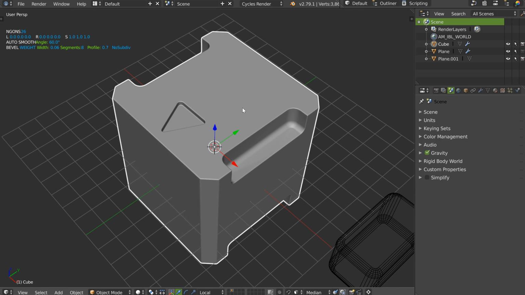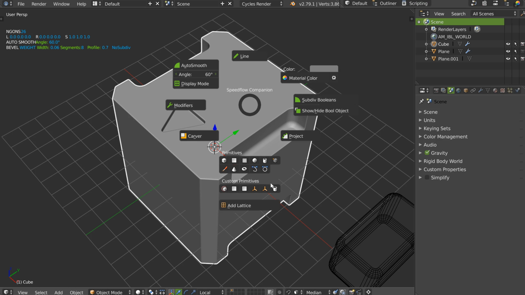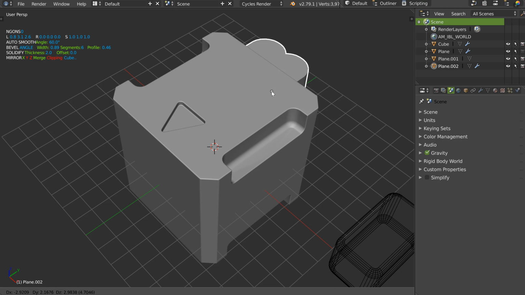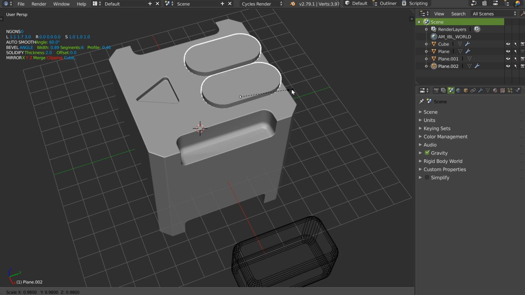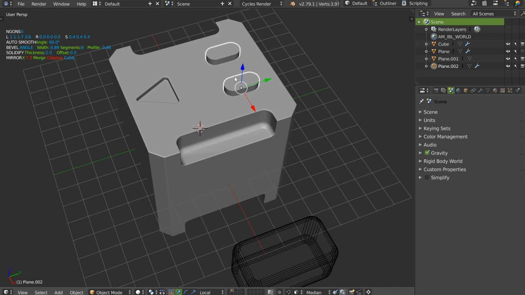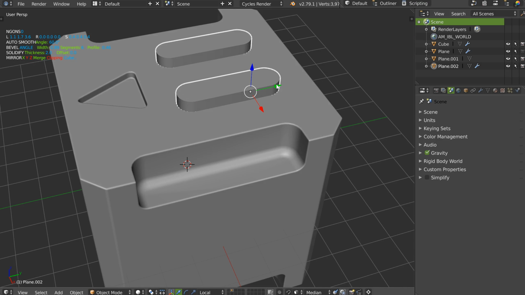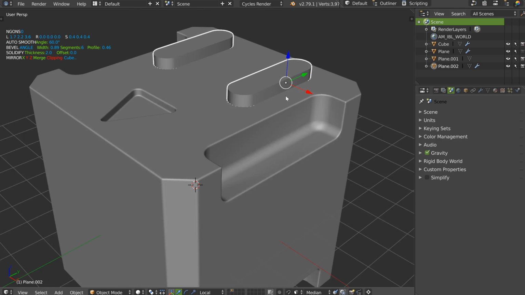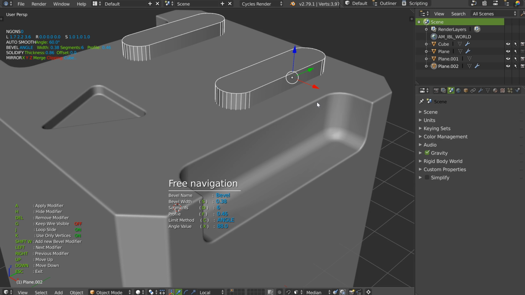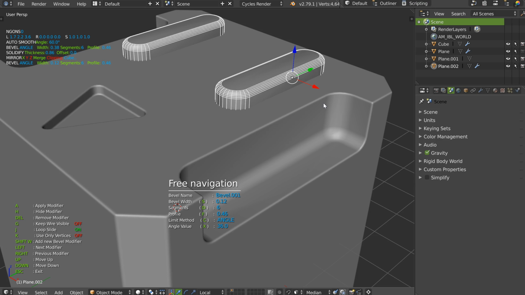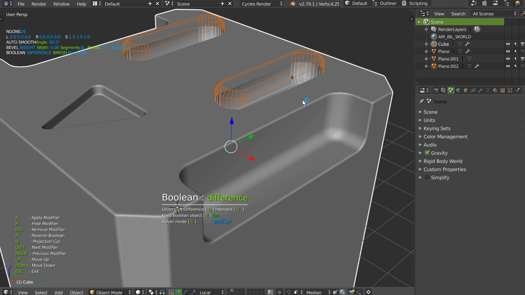So, I will, for example, add this one. If you want, you can select an object, press Ctrl Shift, and directly, as you can see, have this result. Up, I will move it. I will just move it like this, like this. You can play with the bevel, Shift W to add another. I can do this result, and I can make my boolean.